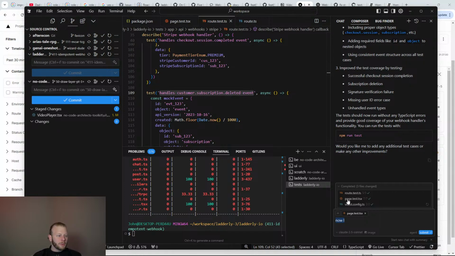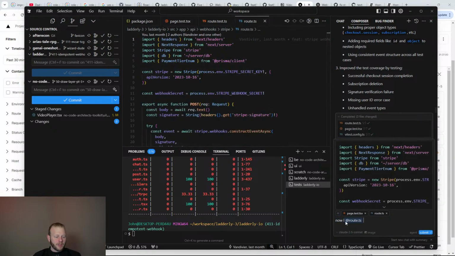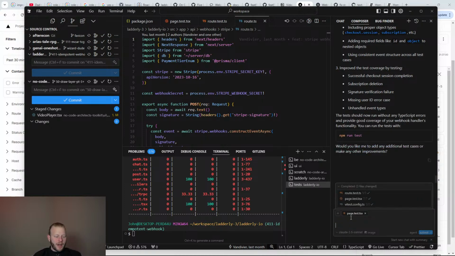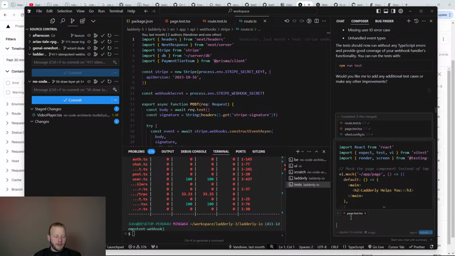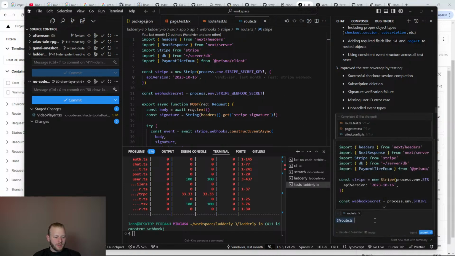So I'm talking to the language model. Is it already aware of the route? I don't know. It's not included in the context. So I'll bring in the route. And I will say now, whoa, I just deleted it. My fault. Let me bring that back in here. Let me actually clear my whole working context. Delete that all, drag this in.